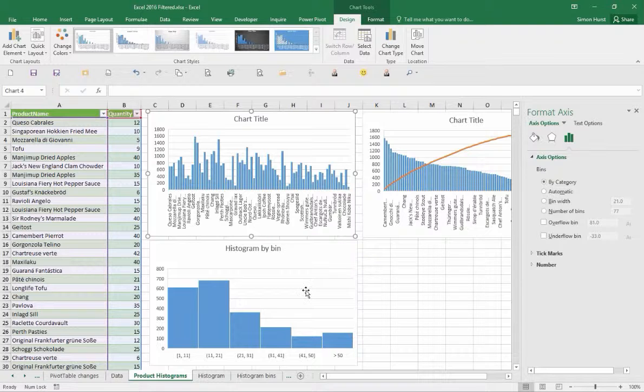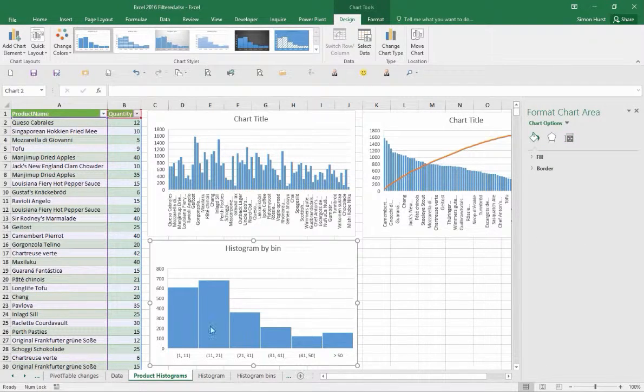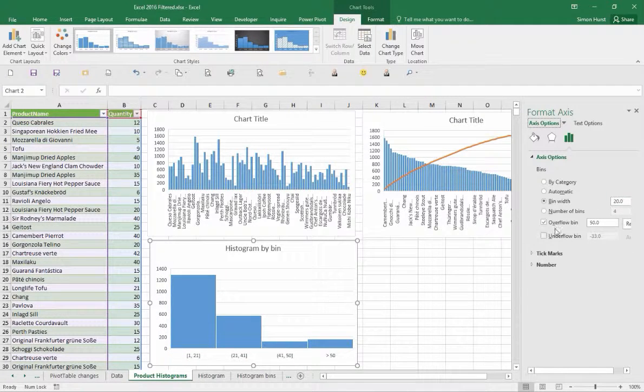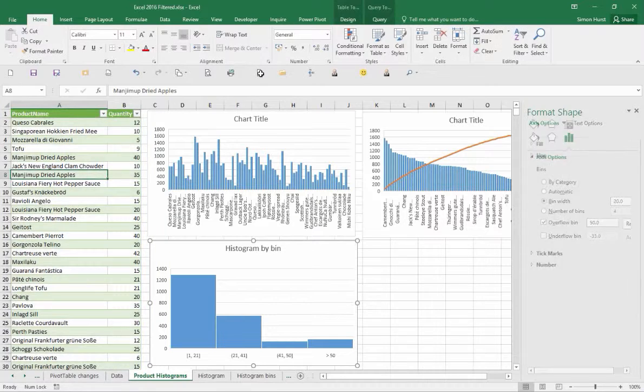And the one underneath shows the by bin method, and you'll notice that it's very different from the default bin, and you can go to the axis and set how wide you want your bins to be. So if you wanted your bins to be wider, you can change the values in each of the bins, and you can also set up overflow and underflow values, as we can see there. Now, the histogram is in effect two charts in one, because the other type of histogram we can create